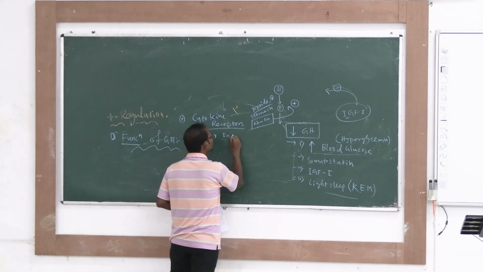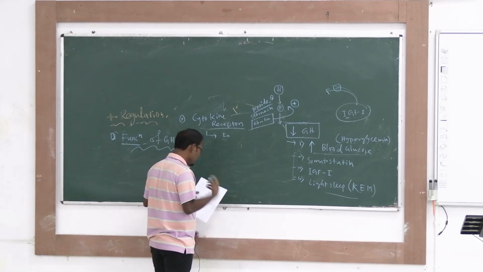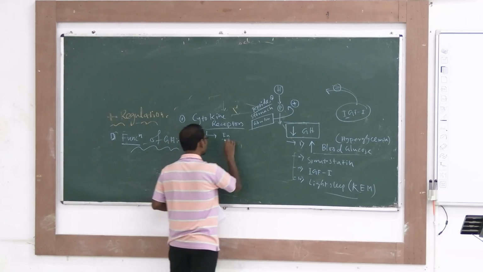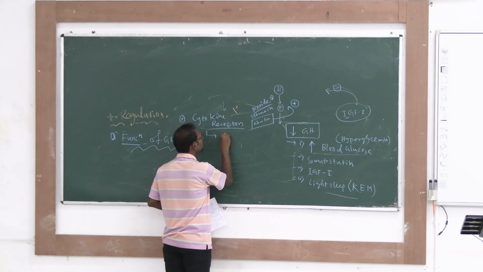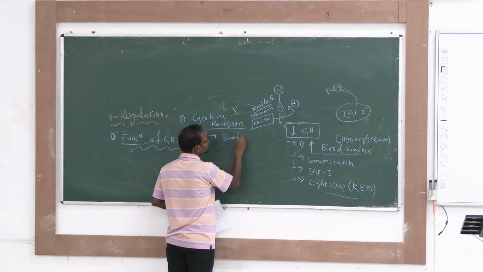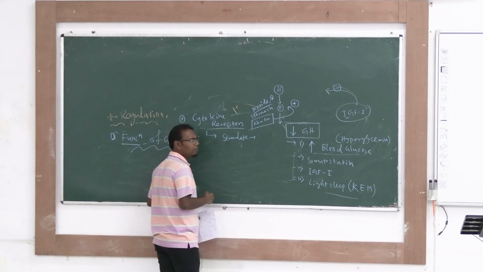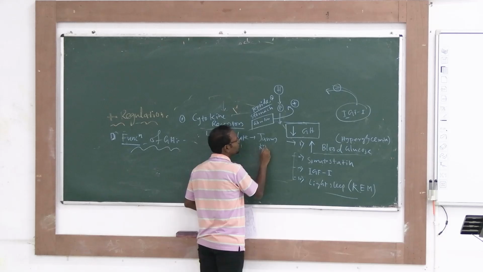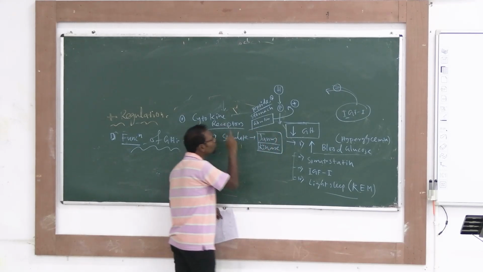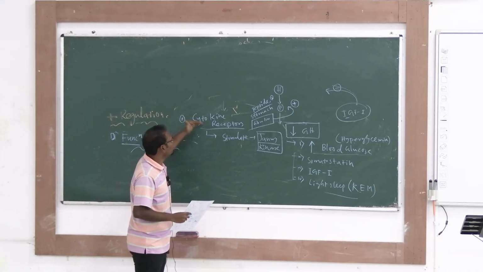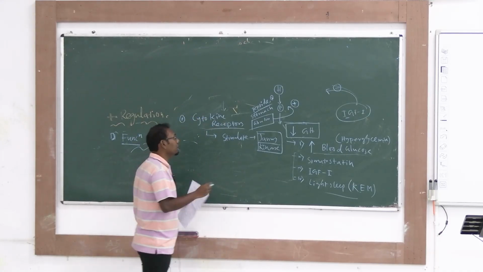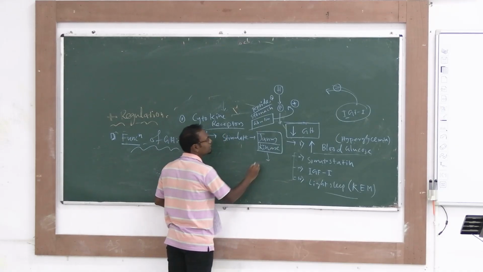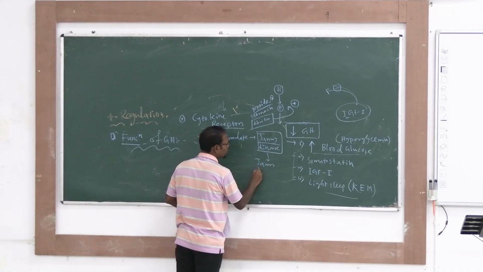These cytokine receptors will enhance, not enhance actually, the actual term is stimulate. They will stimulate a certain enzyme called Janus kinase, an enzyme which is stimulated by our growth hormone after it gets into the cytokine receptors. This pathway is what we call the Janus kinase pathway.